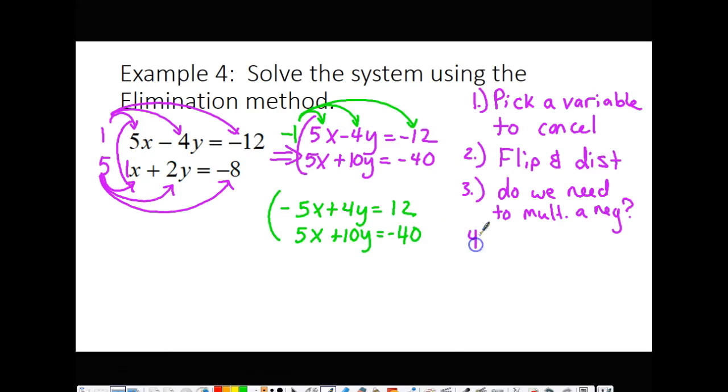Step 4, we're going to combine downwards. Okay? So what's -5 and +5 make? 0. They cancel. There's that cancellation that I wanted. 4 and 10 makes 14y. Good. And then here,